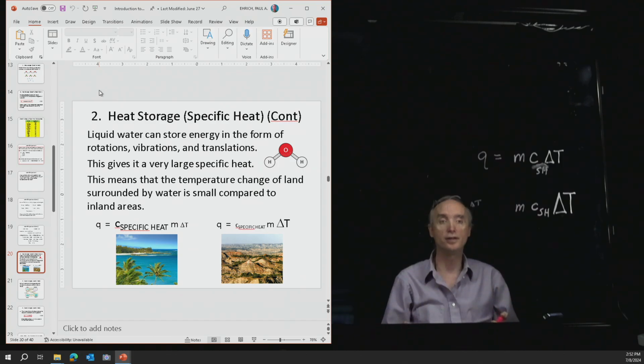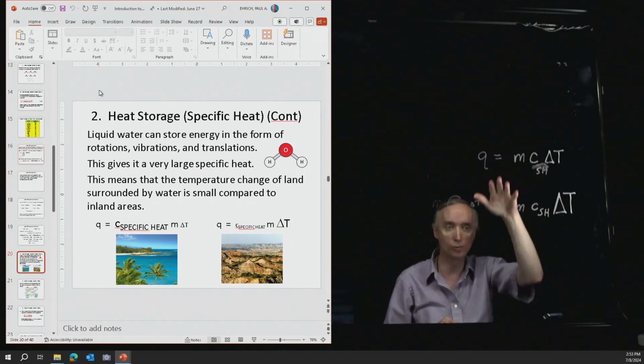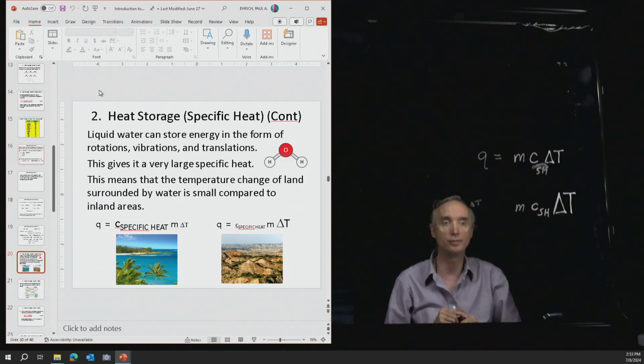And Earth's oceans are about 70% of the surface of the Earth. So the Earth has a tremendous amount of water, and so that helps to keep the climate of the Earth stable. So if the Earth did not have all of these oceans, then the daytime temperatures of the Earth would be much higher than what they are today, and then at night it would be much, much colder. So you see this kind of a climate on a planet like Mars. So Mars does not have oceans, and so it has wide swings in temperature between the daytime and then the nighttime.